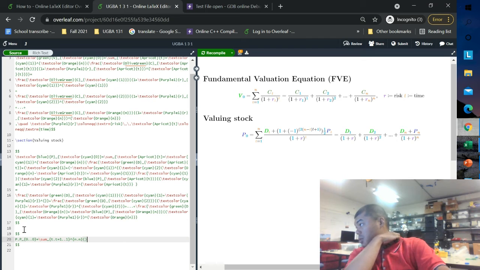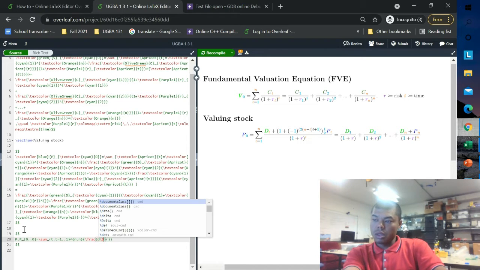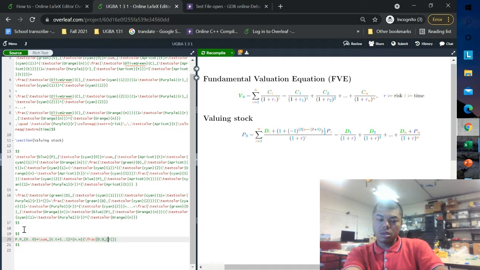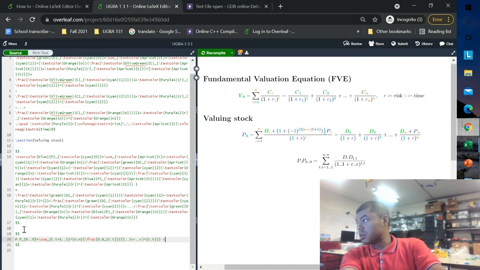Now the sum would just be the regular E sub t over 1 plus r to the t, plus an outside term of